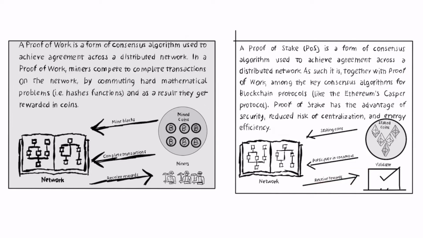Why it's important to use one of the consensus algorithms like proof of work or proof of stake. Proof of work is definitely a consensus algorithm that has proved to work also at scale, even though to a certain extent. However, it has a very high consumption, so it's not efficient,